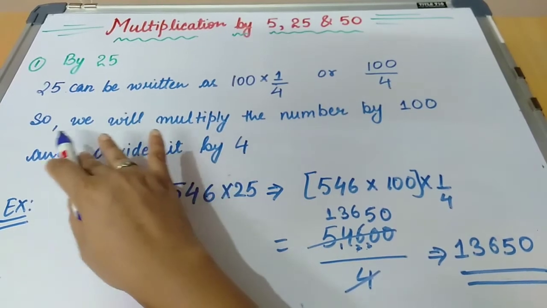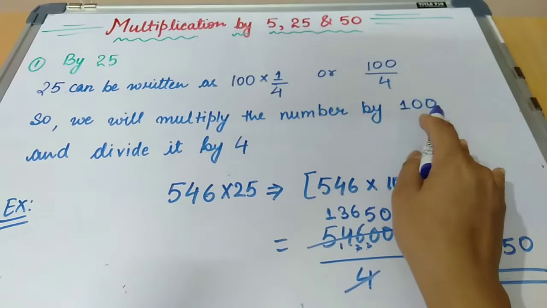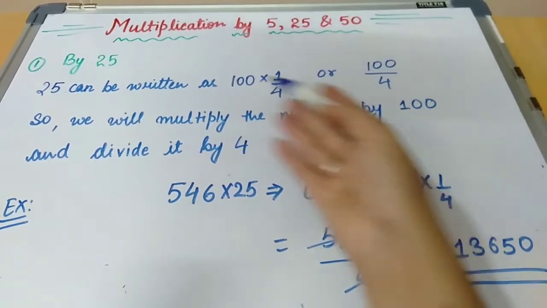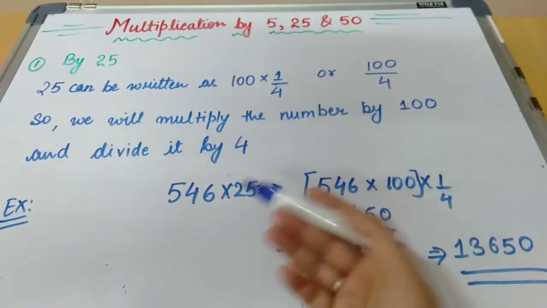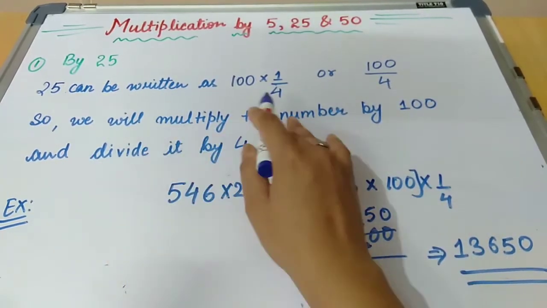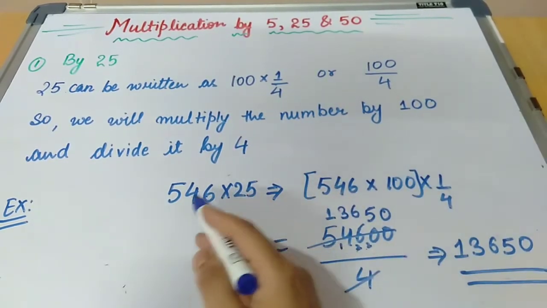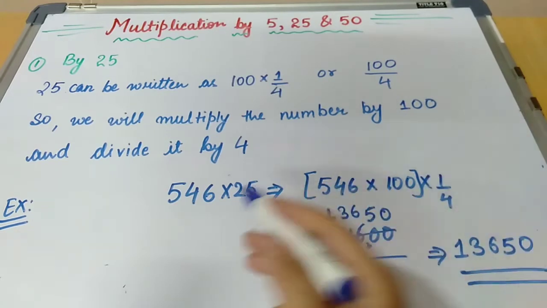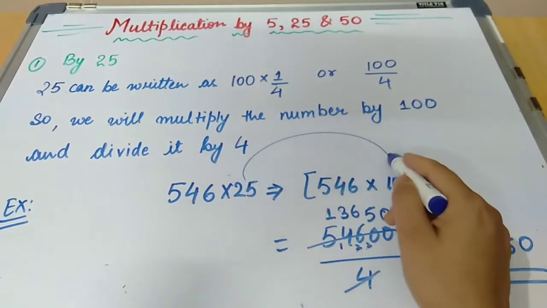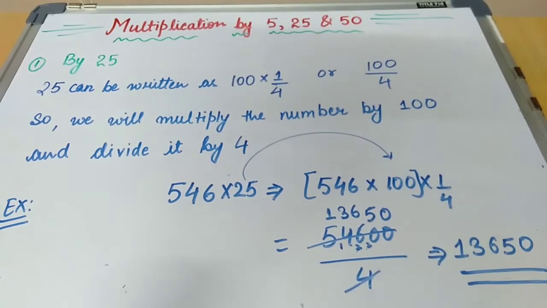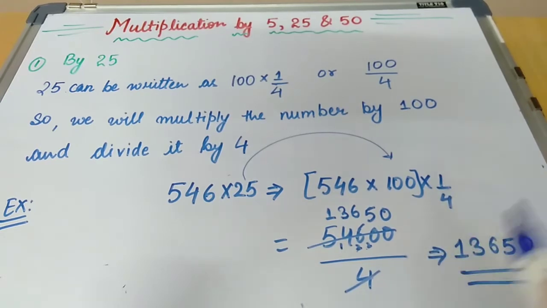So what we will do, whatever number we take, we will multiply it by 100. It will be easy for us. You don't know the table of 25, so you will not be able to multiply it directly, and it will take time. So we will multiply it by 100, and we will divide it by 4. See the example over here, it is from exercise 2. So 556 times 25, I can write 25 in this form, 100 into 1 upon 4. So 556 multiplied by 100 and then multiplied by 1 upon 4,